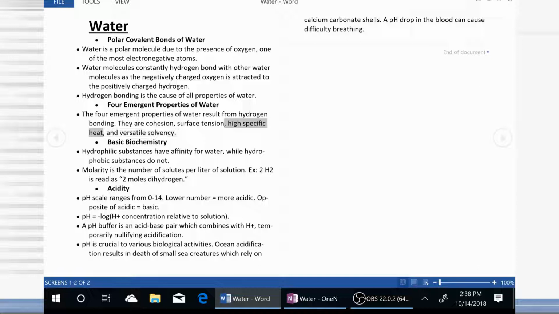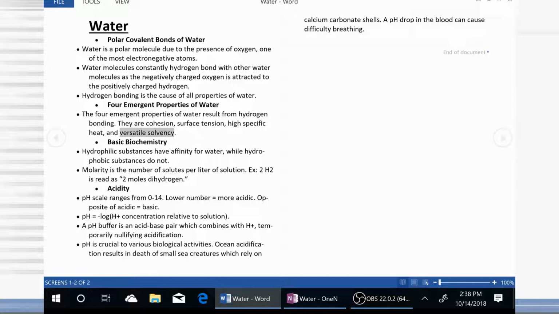Then we have our high specific heat, so that's why water has a relatively high boiling point, 212 degrees Fahrenheit or 100 degrees Celsius. And versatile solvency, I really want to address a misconception here. Water is often considered to be a universal solvent, but this is not true. Because if water was a universal solvent, then every time we drank water, our bodies would literally collapse because it would dilute literally every organ and cell and everything in our body. But that's not the case. But water can still dissolve most things, however,